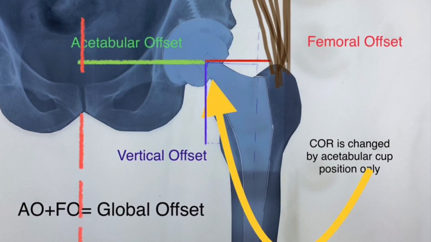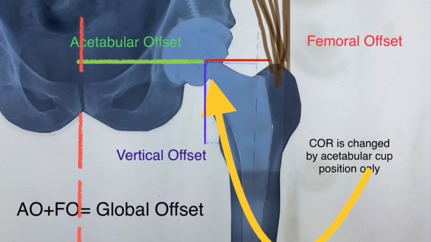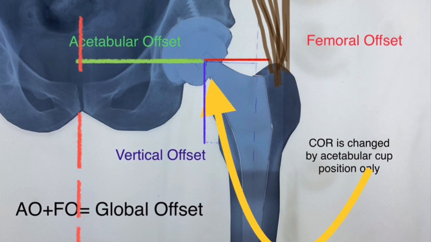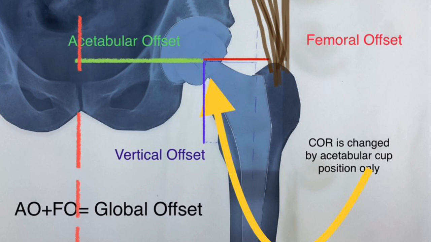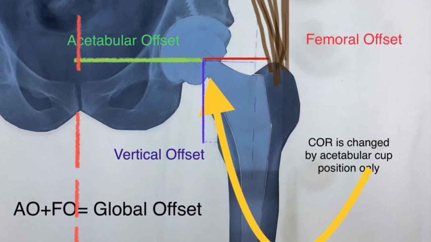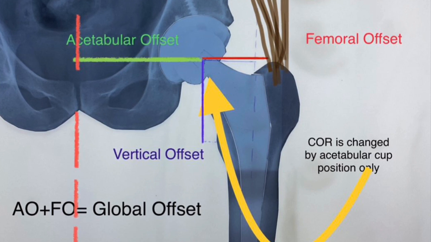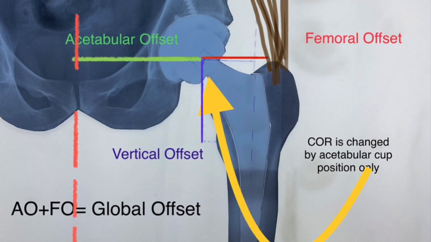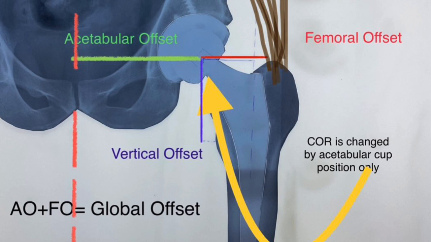But the concept of global offset, which means the total distance of the abductor muscles from the pelvis, the midline or the teardrop, that is the sum of the acetabular offset and the femoral offset, is what defines the tension, because this tension has to be optimal for the proper functioning of abductor muscles. So rather than concentrating on individual acetabular and femoral offsets, we should try to increase to the optimum level the global offset value so that the abductor muscles function well.